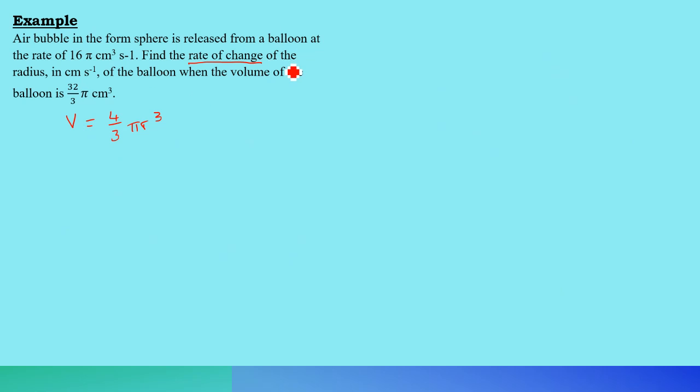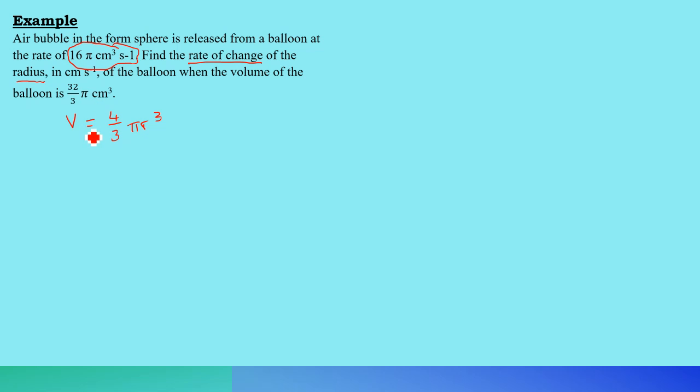So they ask you to find the rate of changes of this balloon when the volume at the beginning, at the instant, is 32/3 pi. So what will be the rate of changes for the radius? And what you see here, this 16 pi, what this stands for is that air is released from the balloon. And since it's cubed, this is considered as volume. So there's a decrease in volume because air is released from the balloon. So we want to find what is the change in the radius of the balloon at the point when the volume is